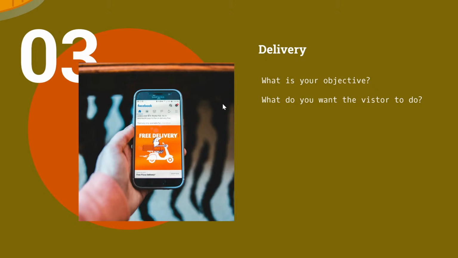Do you want them to take a survey, right? Because depending on what the objective is, it's going to depend on what you say in that DM, or what you send in that DM. Are you sending buttons? Are you sending links? Are you just sending a message? What do you want the visitor to do? And then what are you promising to deliver? If you're going to give them a checklist, a PDF, some recipes, a workout sequence, then you have to create that.